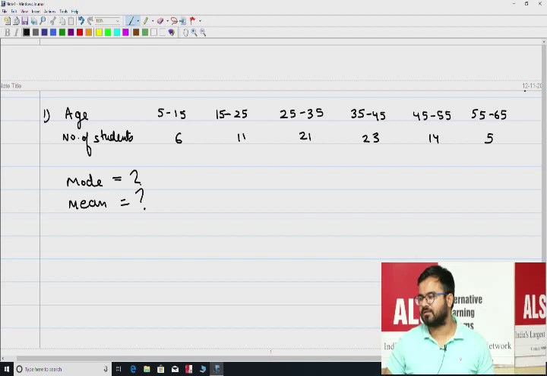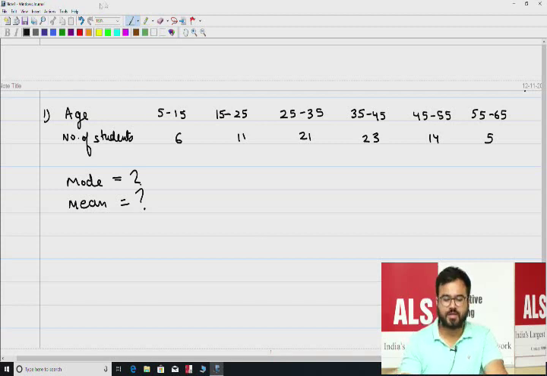Itanagar, your answer for the mean is very different, but for the mode, it is very close, but not the exact one. Okay, let us solve this one. So we have to find the mean and mode, right? So what we can do,